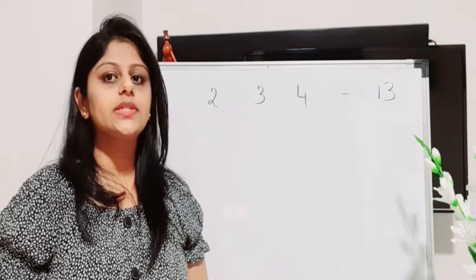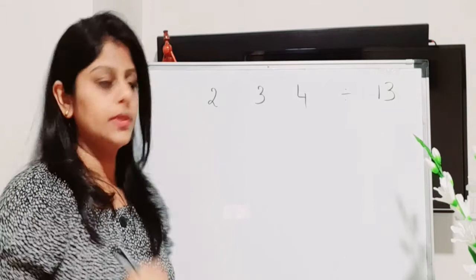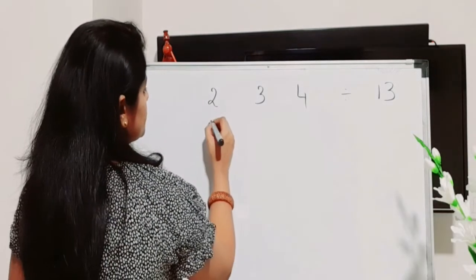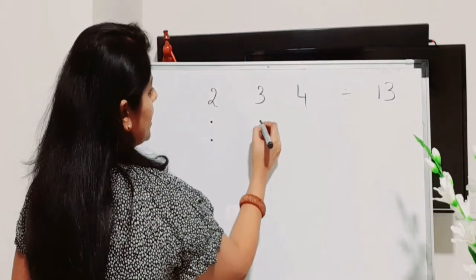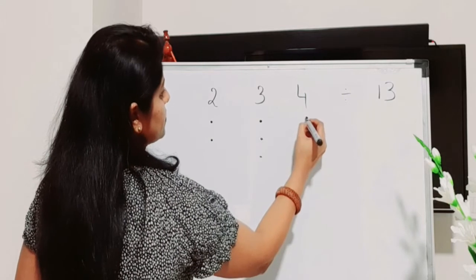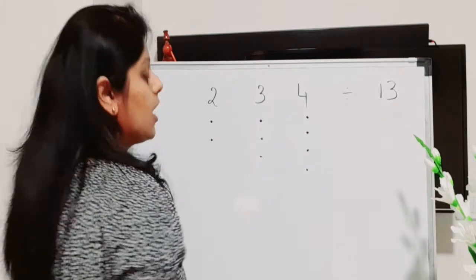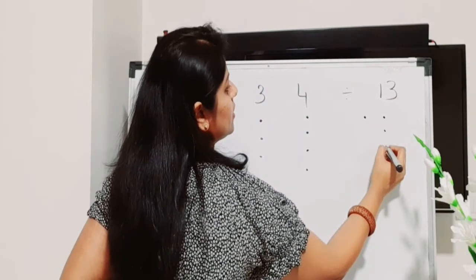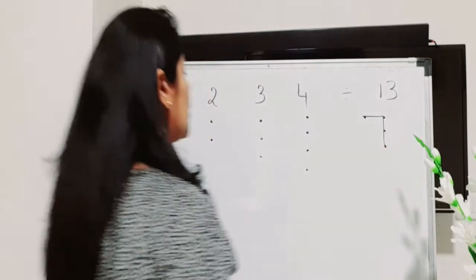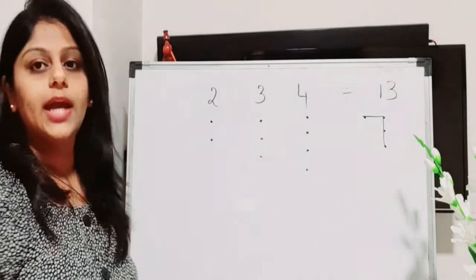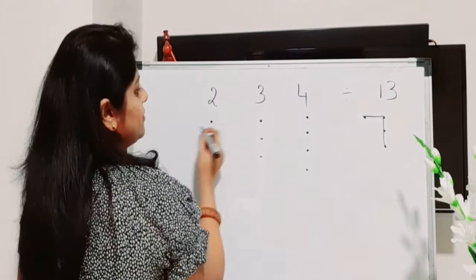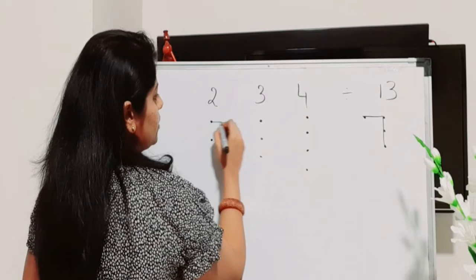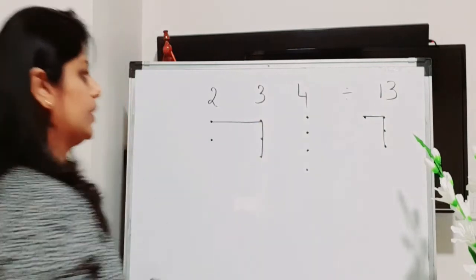So our next question is 234 divided by number 13. So first step is to draw the number of dots. So 2 here and 1, 2, 3, and in the last one 1, 2, 3 and 4. How do we group? It is number 13. So 1 in the first column and in the second column 3 dots. This is how we have to group it. So let's check whether we have the number of sufficient dots. Yes, in the first we have 1 and 3. So 1 over here and 3 over here.